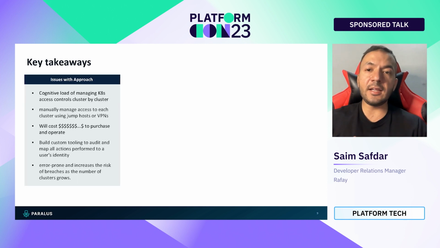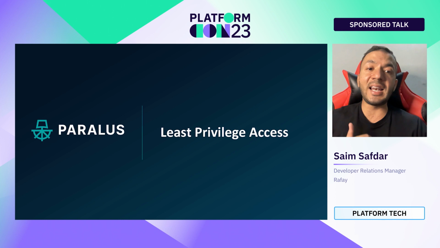So basically, the key takeaways from these approaches are that you need to deal with the cognitive load of managing Kubernetes access control cluster by cluster, manually manage access to each cluster using a jump host or VPN, which costs dollars to purchase and operate, and build custom tooling to audit and map all actions performed by a user identity, which is error prone and increases the risk of breaches as the number of clusters grows. So we need a model to have least privilege access, and that's where Paralus comes